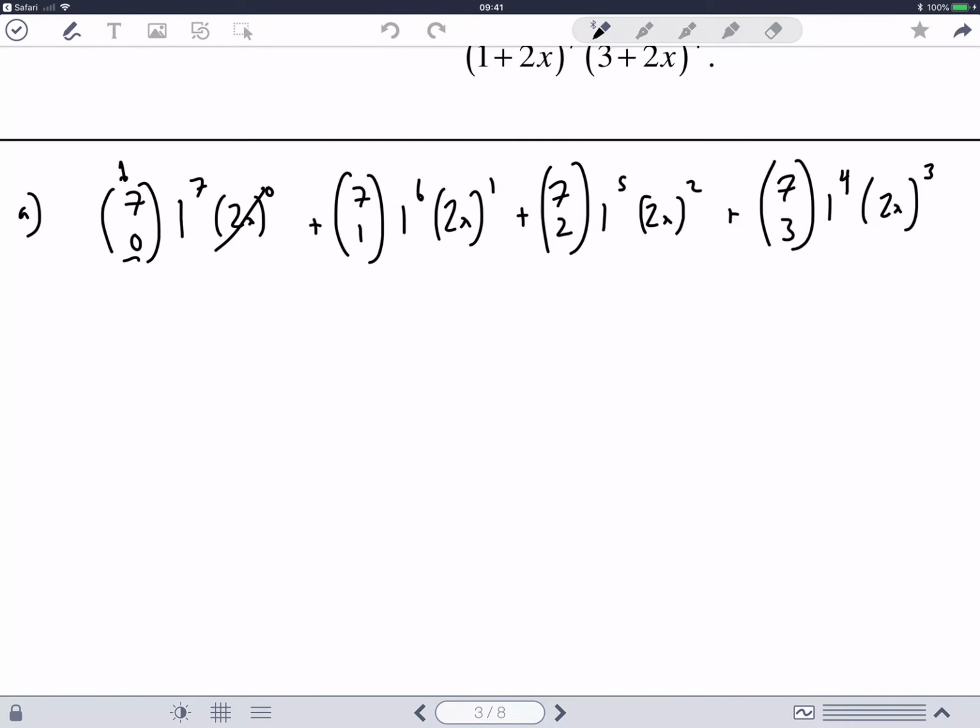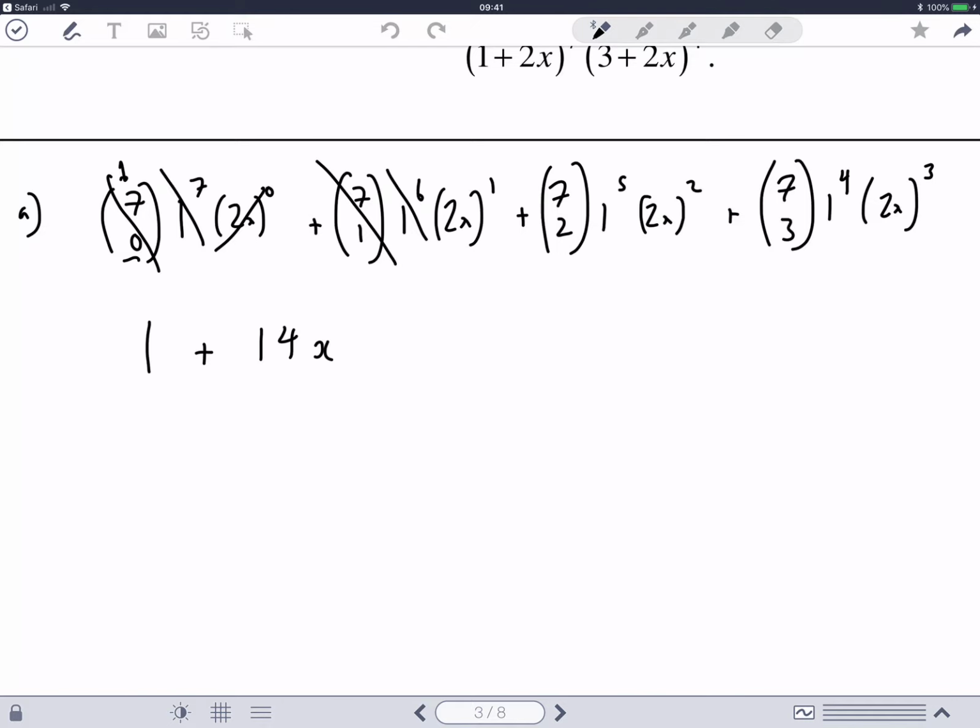Okay, so 7 choose 0 on your calculator should just be 1. 1 to the 7 is just 1, and (2x)^0 is 1, so the first term is clearly going to be 1. Next term, 7 choose 1 on your calculator is 7, because how many ways are there of picking one thing from 7 objects? And that's just 7. You just choose any one of them, the 1 in 7 chance. 1 to the 6 is 1, and (2x)^1 is 2x, so 2x times 7 will give a